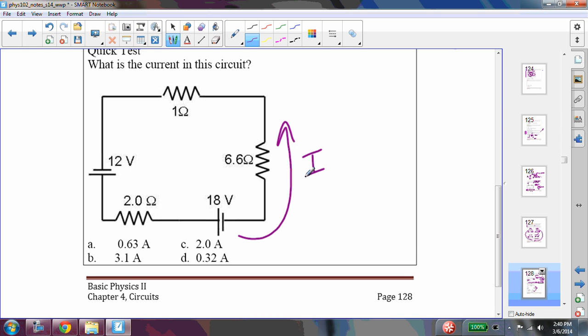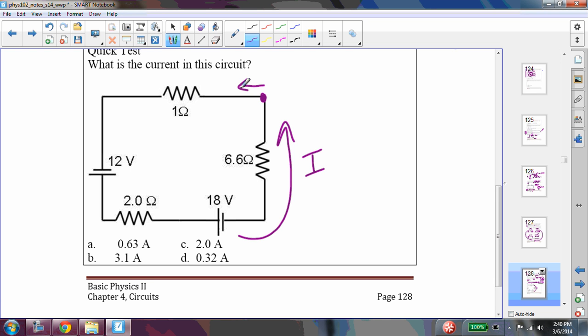All right. Then I pick a point in the circuit, say here, for example, and I pick a direction to travel. I'm going to travel with the current. It doesn't really matter. You can go with the current, against the current. You can choose the current to be in the direction that I've chosen here, or you can choose it to be the opposite direction. Let me show you, however, that the reason I chose this is because I know this